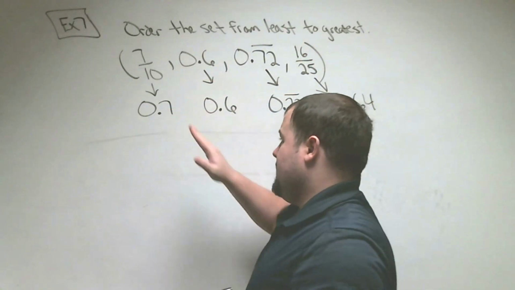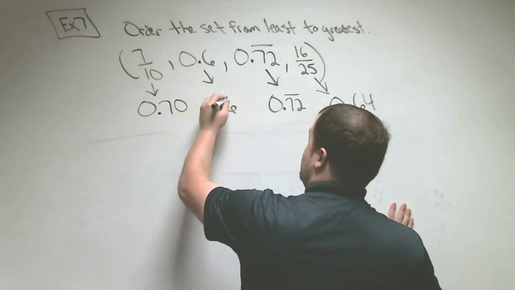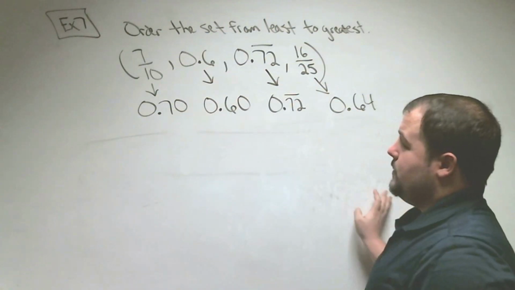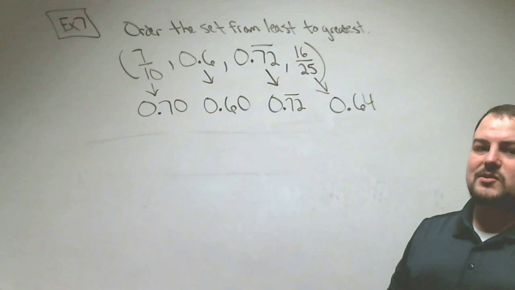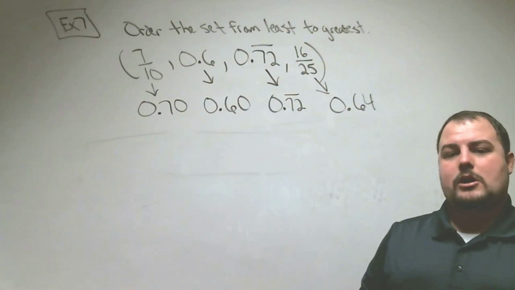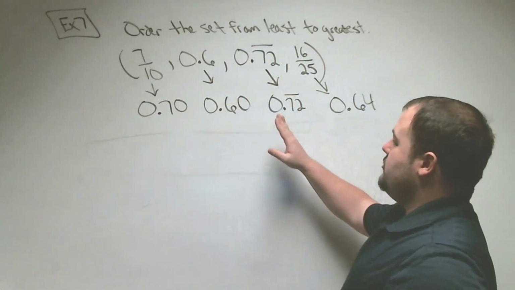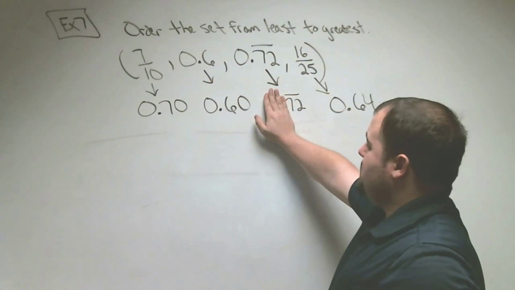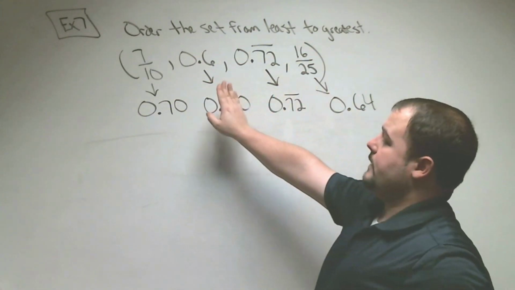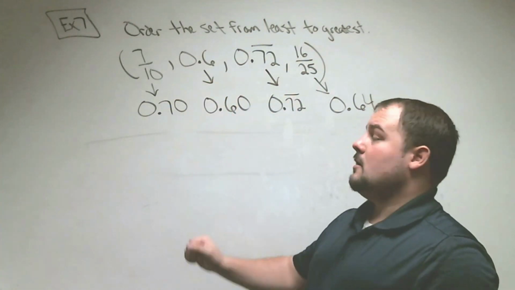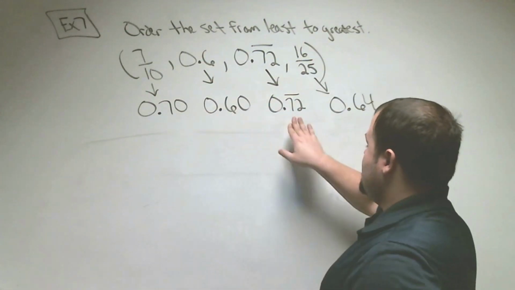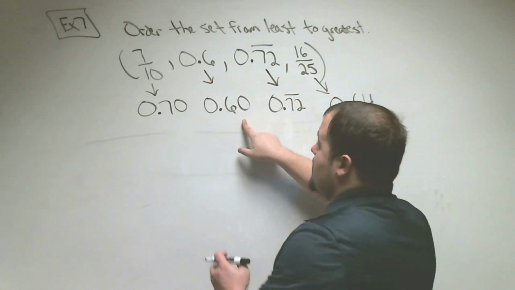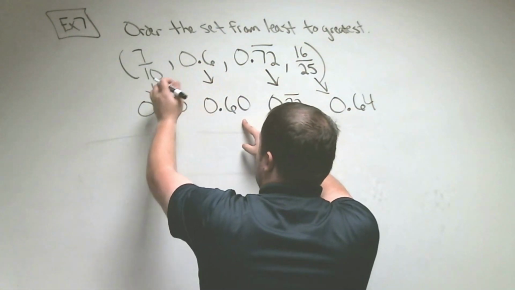So now what we need to do is we want to expand these out one more spot. And if there's nothing behind it, the next number you want to put is a 0. So it should be easiest now to tell what the biggest is and what the smallest is, as long as we know our counting numbers. So do not worry about the 0. Look behind the decimal and then figure out which number is bigger. Smallest number, 64, 60, 70, 72. 60 is the smallest. So what we're going to do is we're going to write it back in its original form,